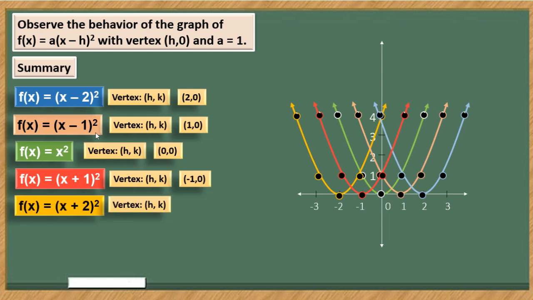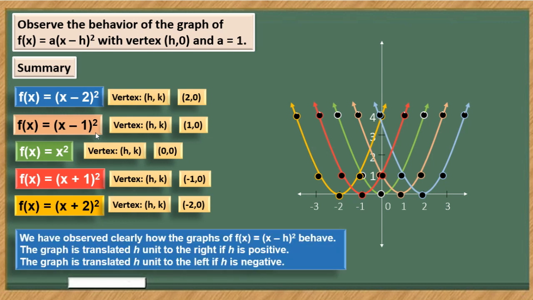For our fourth example, the vertex is at the point with coordinates negative 2 and 0, and the graph behaves this way. It is translated 2 units to the left. So we have observed clearly how the graphs of the quadratic function defined as the square of the difference of x